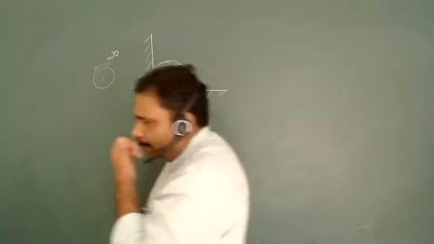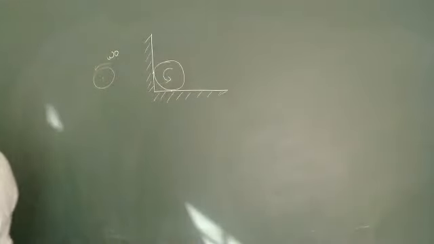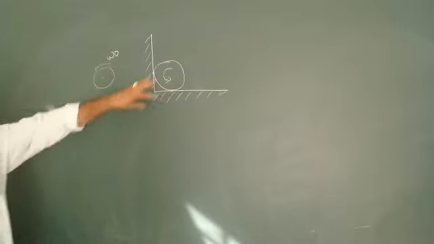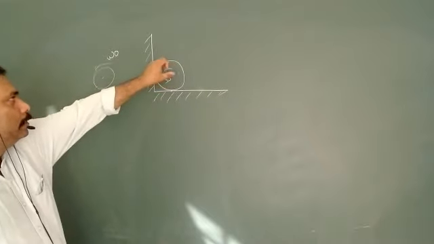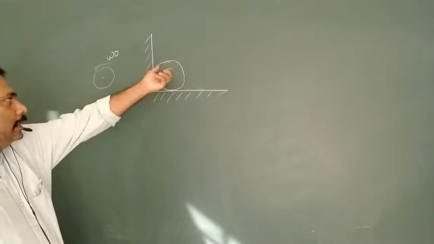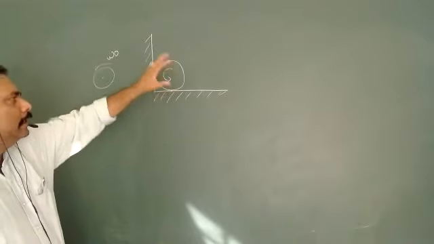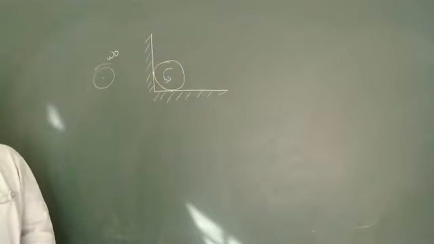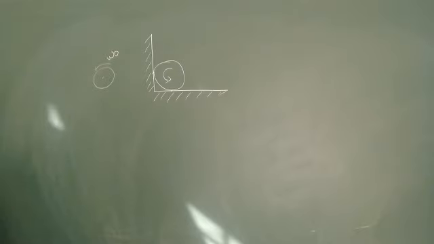Are you getting my point? Yes, sir. We have to calculate how many turns it is doing, meaning once a 2 pi rotation is 1 turn, another is a second turn, another a third turn, and finally it will stop. So how do we calculate this particular problem? This is very interesting.